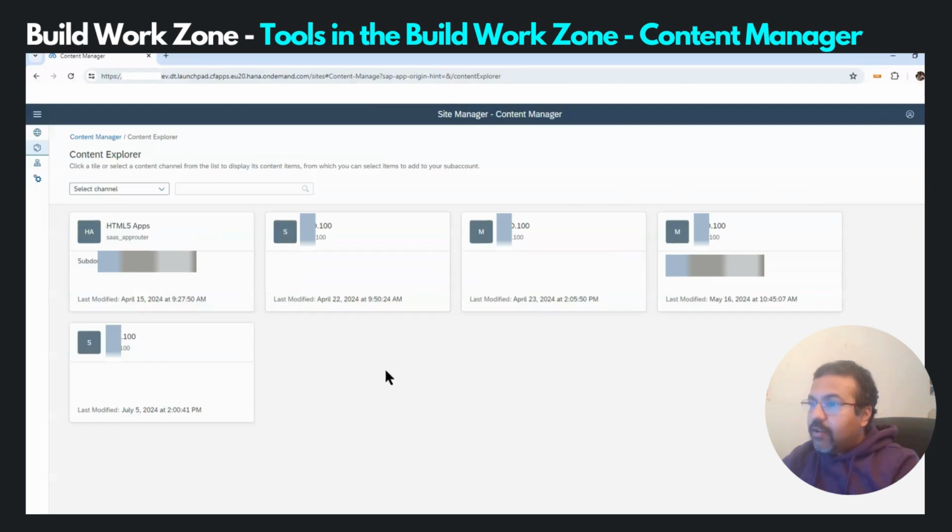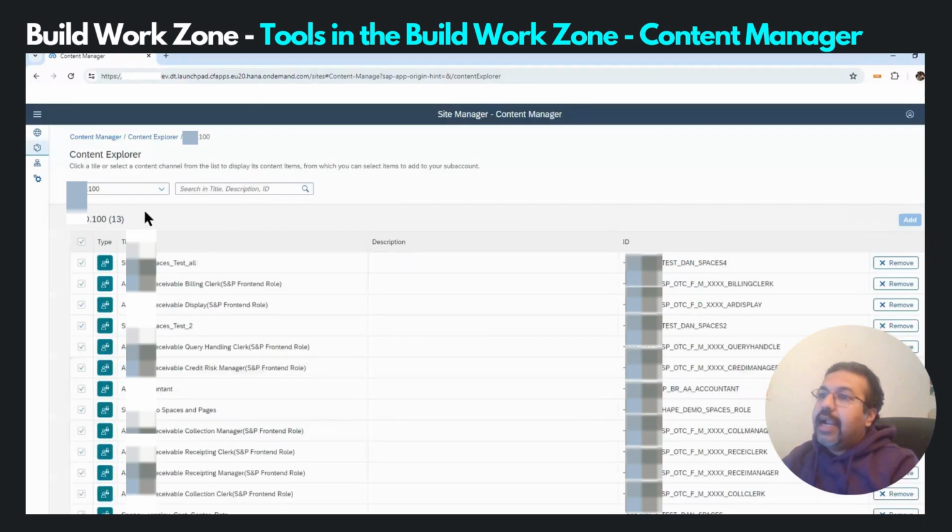Within the content explorer, you have the different channels coming in from the channel manager. Let's take any one of these channels, for example, this one. And this is actually an on-premise SAP system. And you see this icon. If you place your mouse over it, it says role. So this means that these particular roles were imported from this content provider. And if I click on any one of these roles,